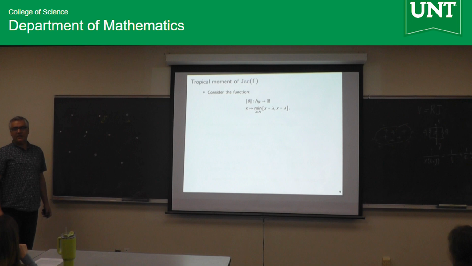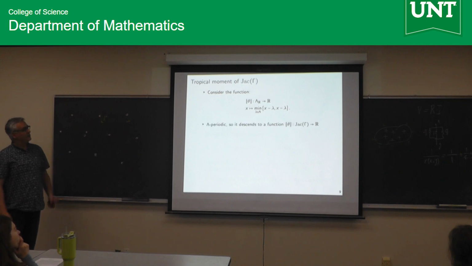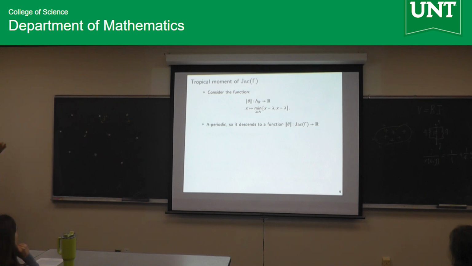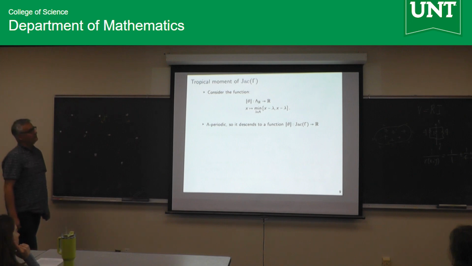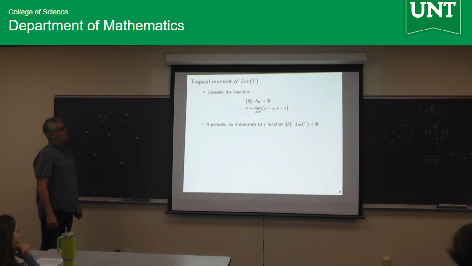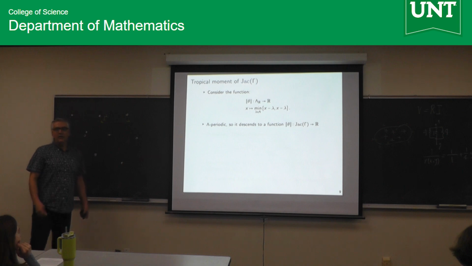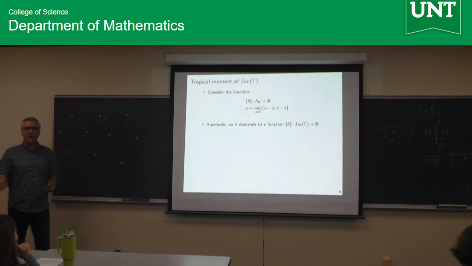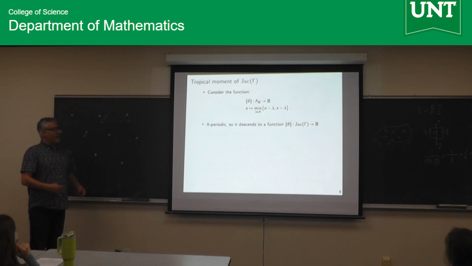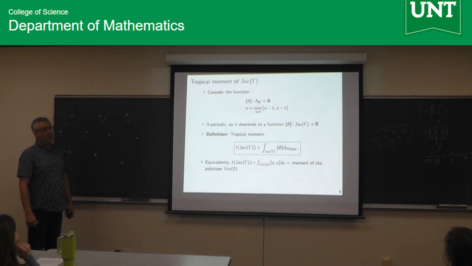So it's invariant under translation, which means that it descends to the Jacobian that I defined. So it's actually a function on the torus. Right? It's a well-defined function on the torus because when you quotient out by lambda, you get the same number. Okay, now you have a function on a torus. The torus comes with a natural Haar measure. I have a metric on my torus as well.